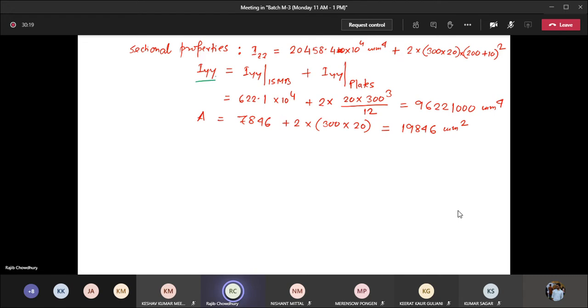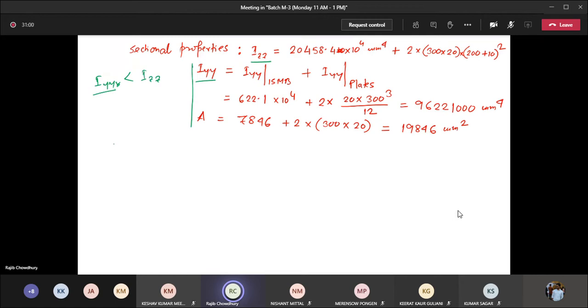Okay. So now considering these two, final IYY and IZZ, I have gone through that IYY is less than IZZ. So that means the section classification, whether it is buckling class C or buckling class B or buckling class A and all these things are predominantly validated over here, my assumptions, right? Now buckling is predominant about the YY axis.